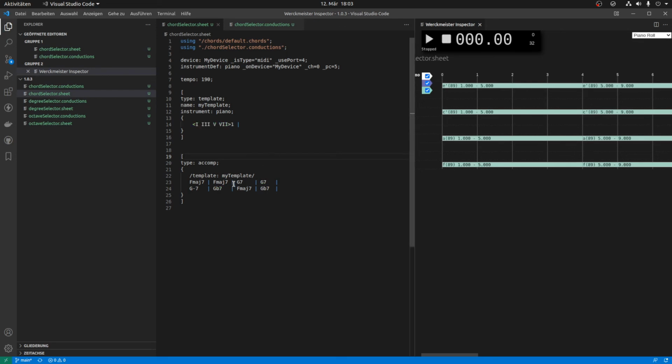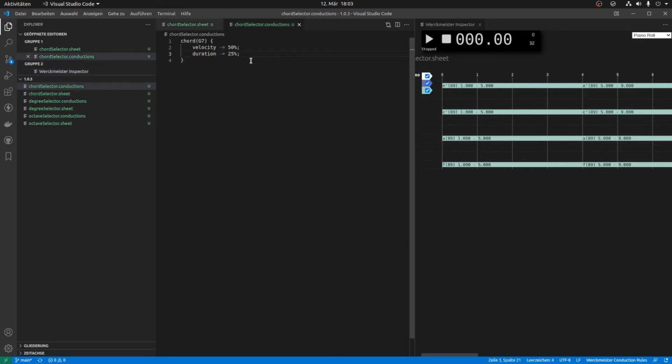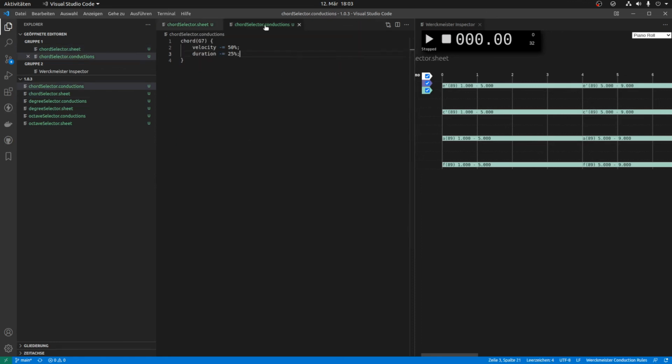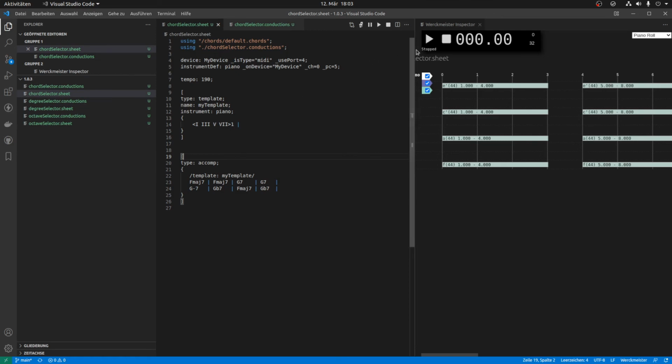And we cannot only select chords, we can also select chord qualities. And let's say we want to select major 7 chords and minor 7 chords. So we write X major 7 and X minor 7, and now with that